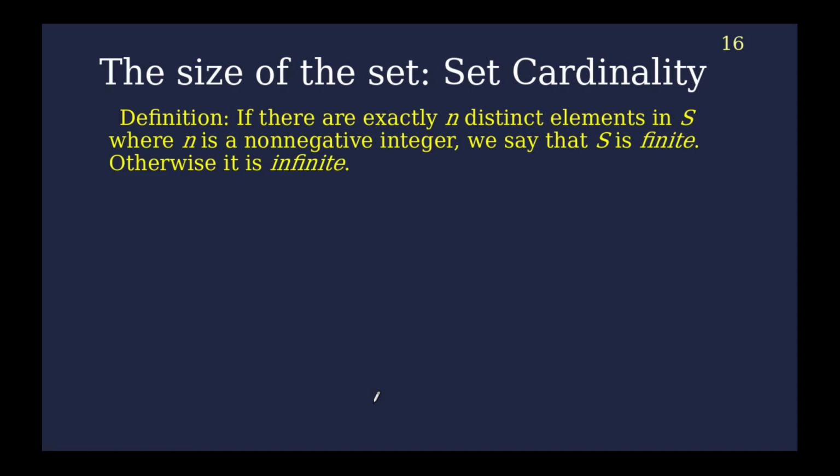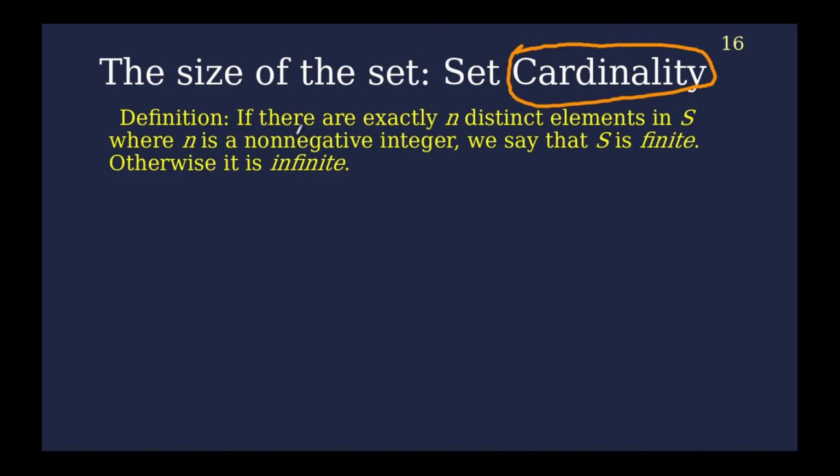Next important thing that we need to understand is the size of the set. For performing the set operations or solving some numerical problems based on the principle of mutual inclusion and exclusion, we need to find the size of the set. And the size of the set is known as cardinality in mathematical language. We call it a cardinality. Cardinality means the number of elements in the set.